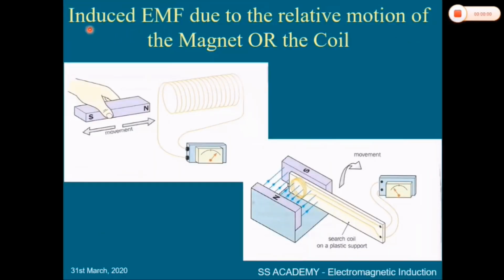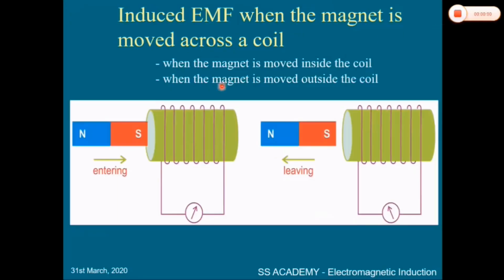Now this is the second case, induced EMF due to the relative motion of the magnet or the coil. Here we move the magnet inside or out of the coil, and here the coil is moved in the magnetic field. The detail will be presented in the next slide. Now we will study two cases. When the magnet is moved across a coil,